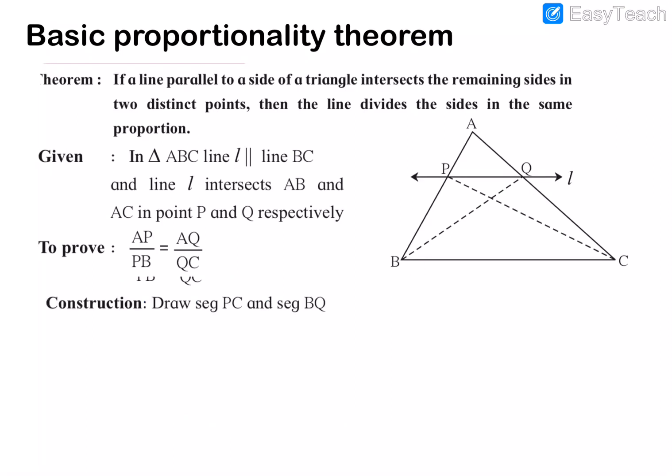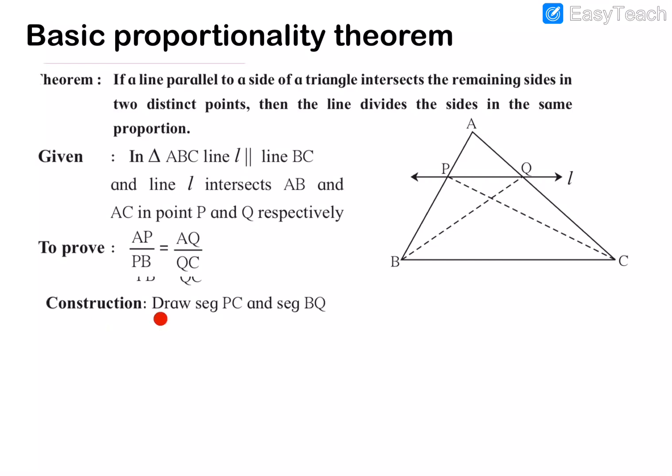Next we have to do some construction in this figure. You can see that the point B is joined to Q in dotted lines. It is marked in dotted lines because it is a construction that we are doing. In the problem only a triangle and a line are given, so here we do our construction, represented by dotted lines. For proving this theorem, we draw a line from B to Q and from C to P. With these lines drawn, we get two more triangles inside this big triangle.